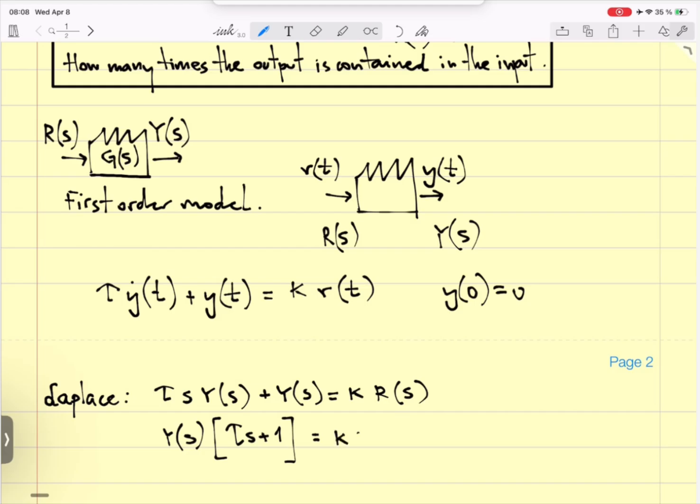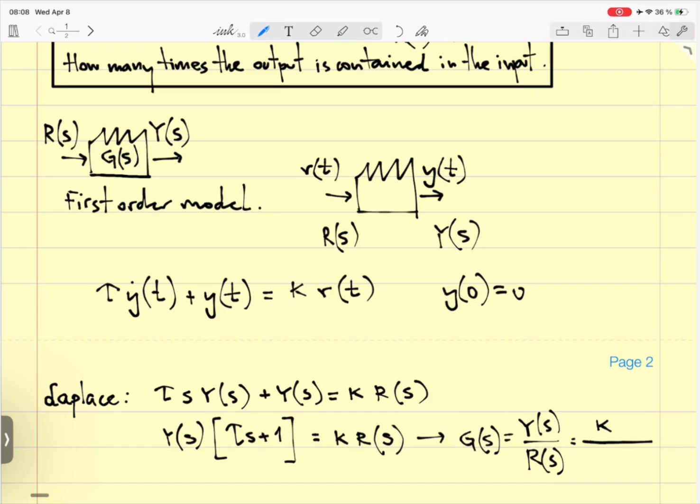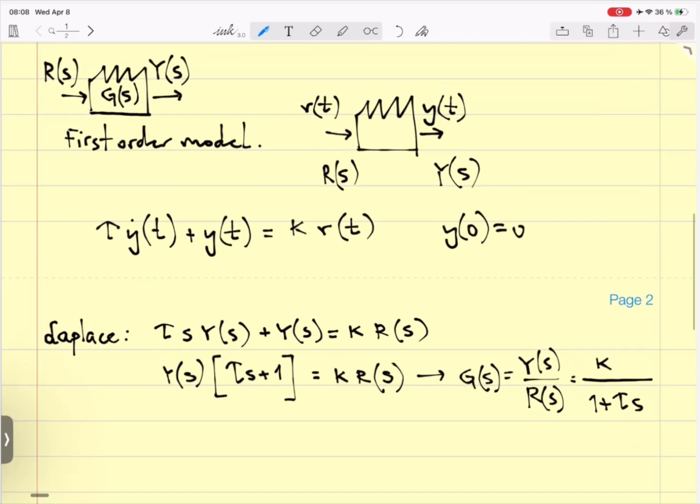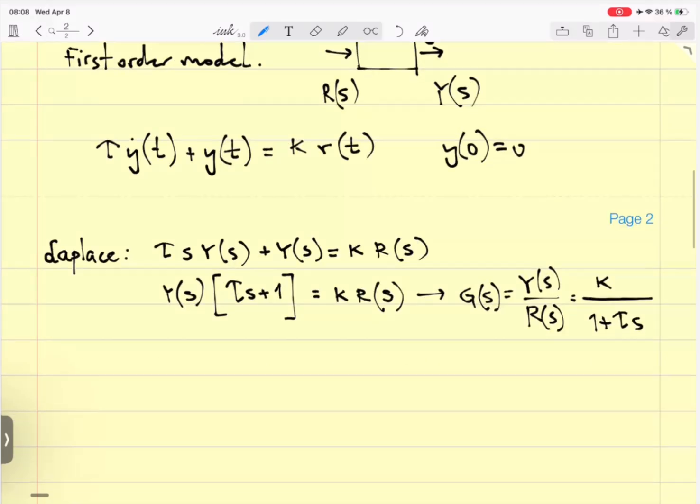This yields that our transfer function Y of s divided by R of s equals k divided by 1 plus tau s. All right, so this is our world, and this is a useful result